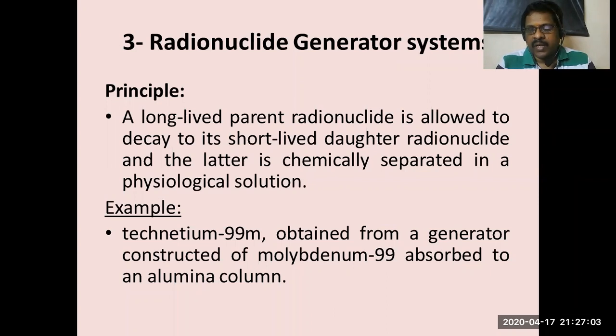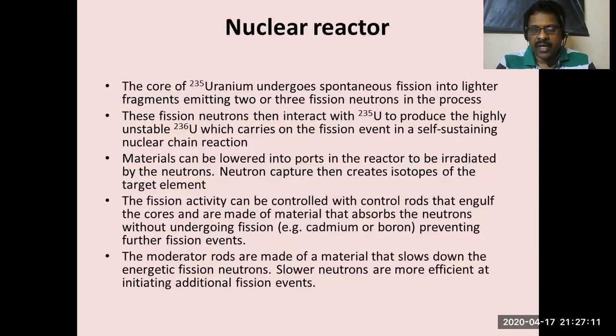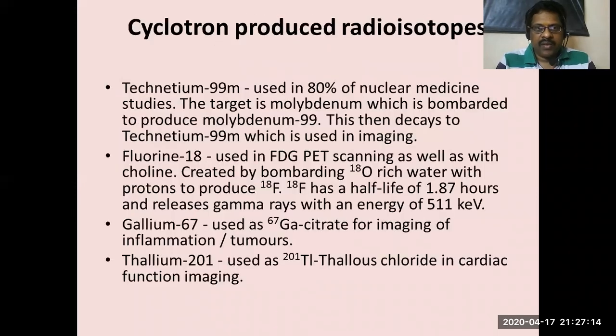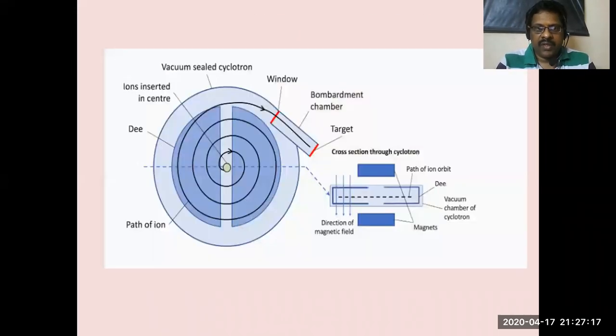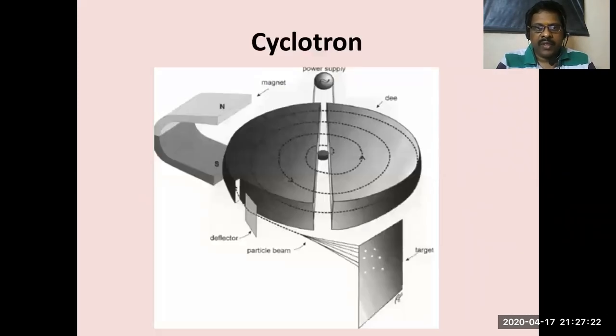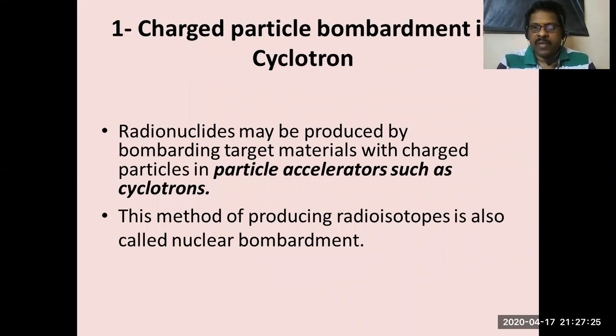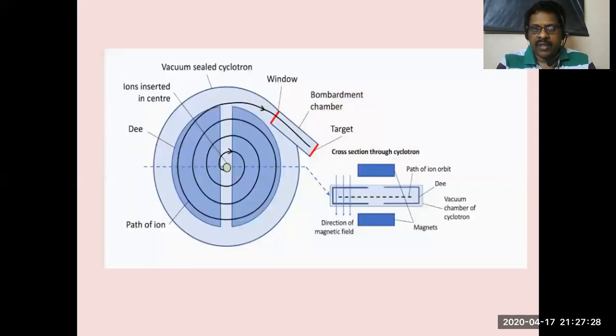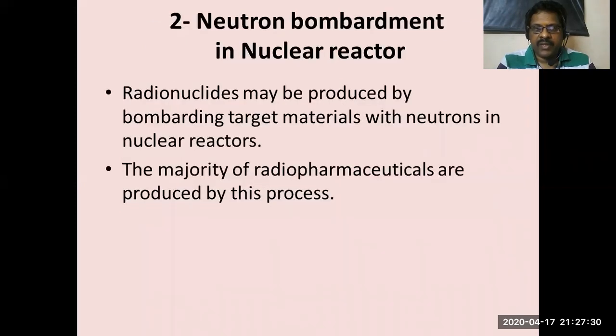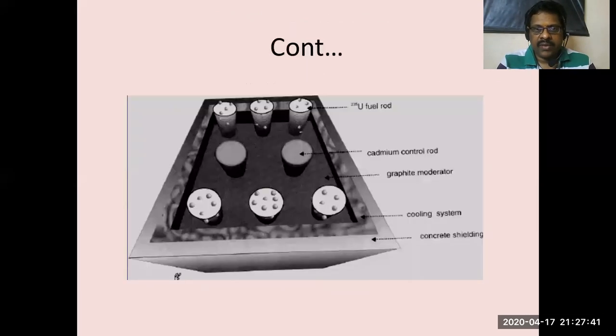In that, the particles generated in the cyclotron are used for bombardment. For example, this is the cyclotron, and in that the particles were bombarded and the products were obtained. Here, the targets were bombarded by charged particles, and in the other production method we discussed neutron bombardment. Here, non-charged particles like neutrons were used to bombard and produce daughter radioactive nuclides. Like that also we can make